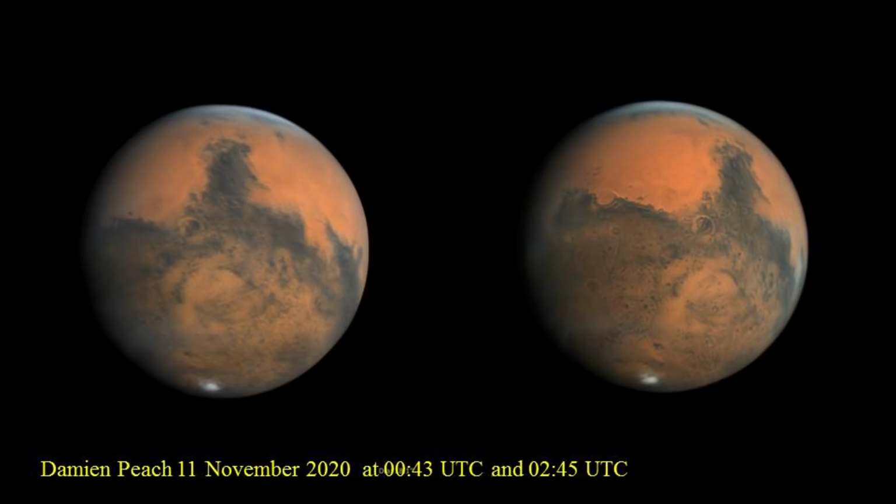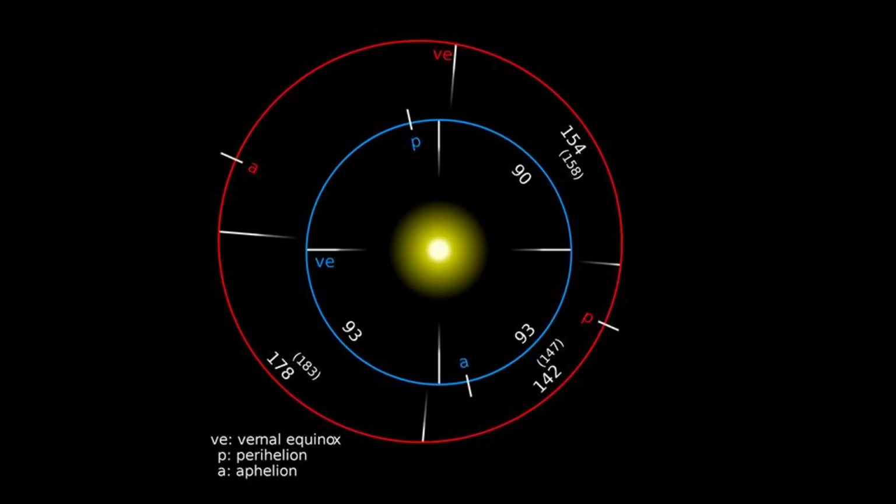The rotation period of Mars is 24 hours 37 minutes, so it's only slightly longer than the length of the day on Earth. Now, the orbit of Mars, in red here, is more elliptical than the orbit of Earth, shown here in blue. Earth takes 365¼ days to complete one orbit, whereas Mars takes 687 days. This means that Mars is best seen from Earth roughly every 25 months, so Mars is only well placed for